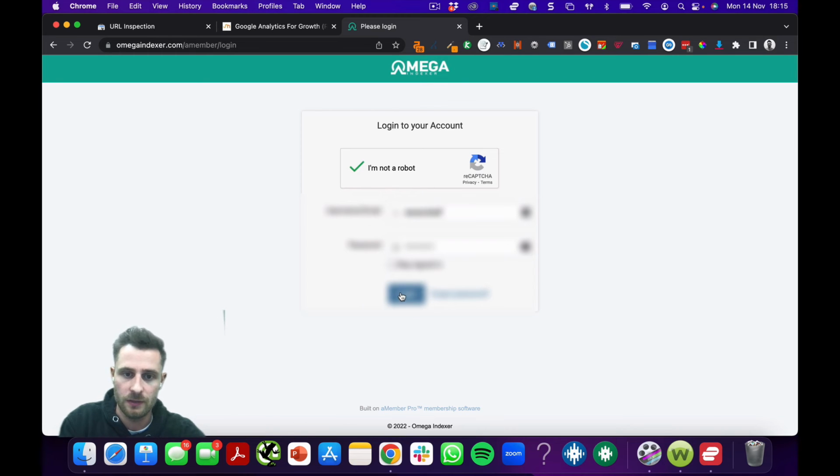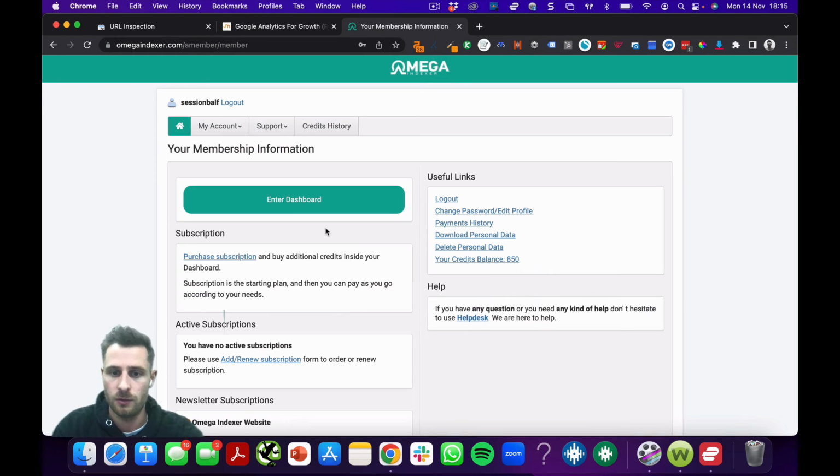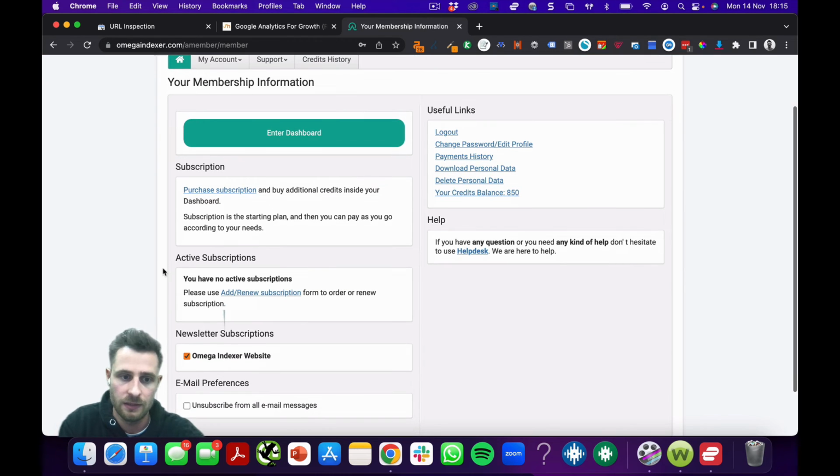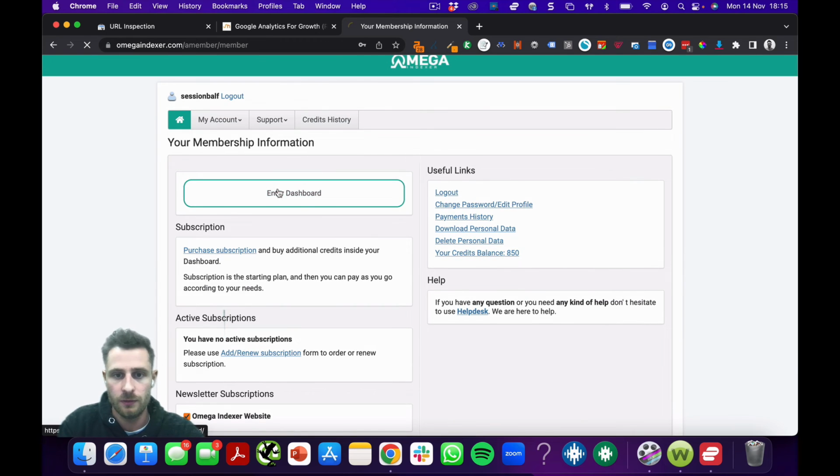It's super cheap. Essentially what this does is send a URL or a bunch of URLs to Omega. They then hit it with a variety of links, and essentially it's these signals that prompt Google to index the pages. And I've seen really good success with Omega in the past. So what you can do is hit the dashboard,